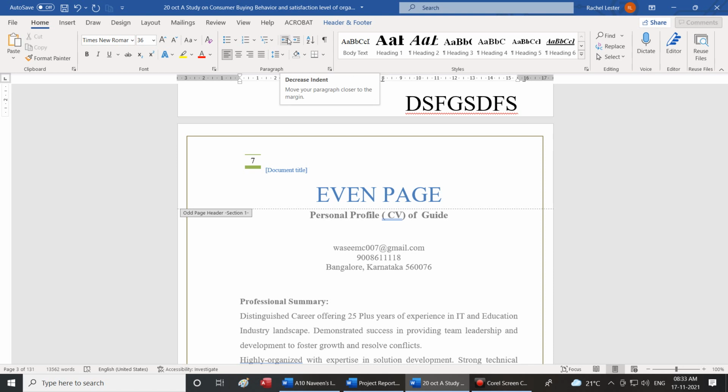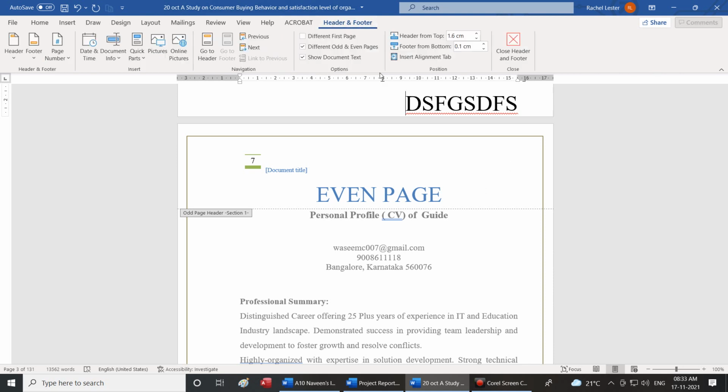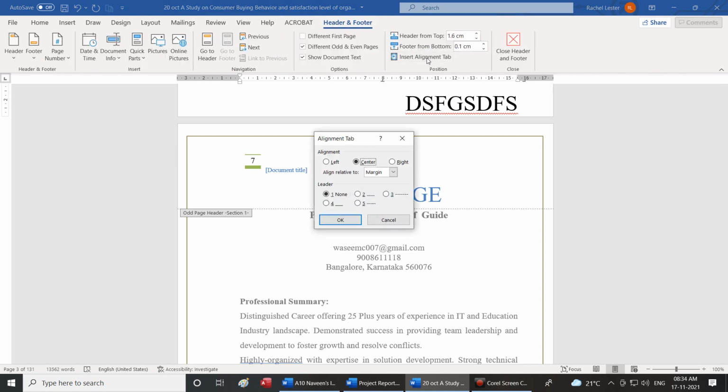Move your paragraph closer to the margin. In the same manner, when it comes to header and footer, you could use this insert alignment tab and do the same kind of formatting that you do on the body of the text. Here also there is no difference. It is only one portion of that entire page.